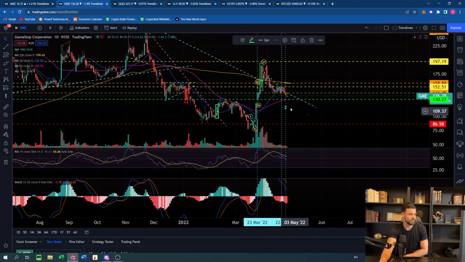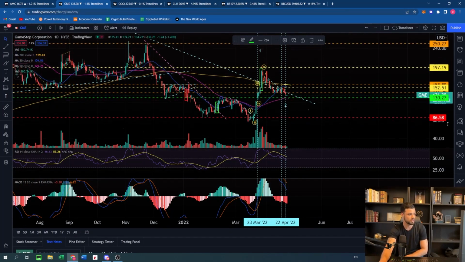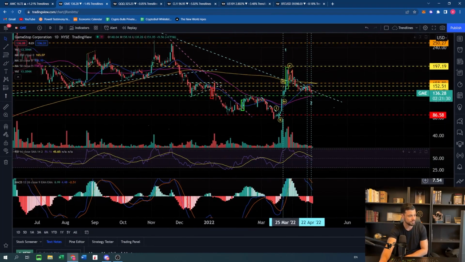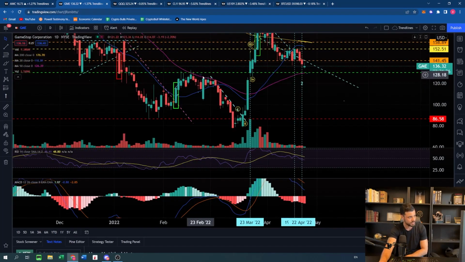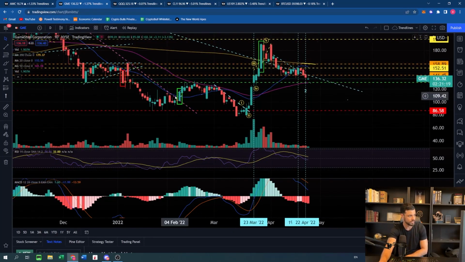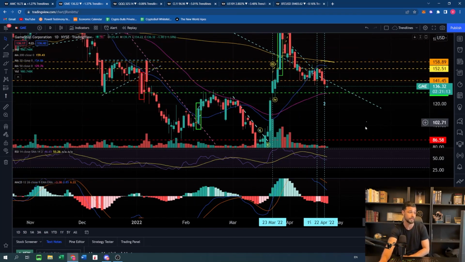Bam, bam, bam. We have the 50-day moving average coming here. It's not a very strong one, but as you can see here, the 50-day moving average was acting very well as resistance here. So, I mean, it might very well act as support as well. Whenever something has worked in the recent past, it means that a lot of traders are using it and that it's more likely to work again in the future.